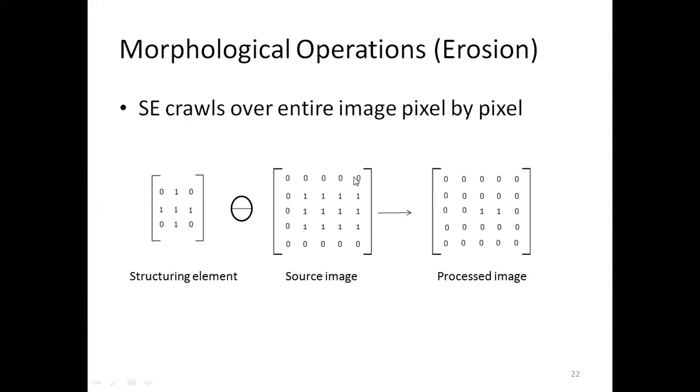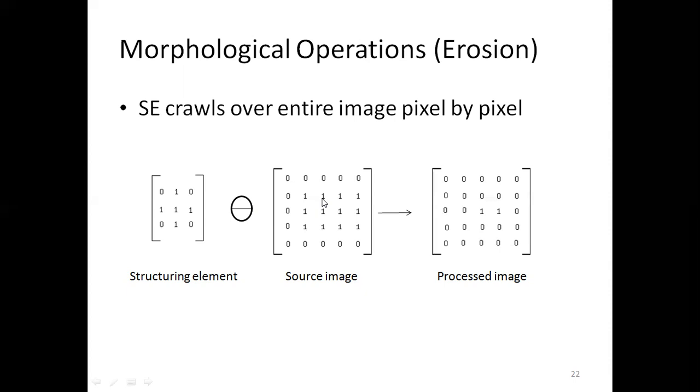So for this row, this will be the same because the top row of the kernel will not be present in this case. So when we reach here, the structuring element is placed over here, and then it checks if the structuring element has 4 neighbor pixels of value 1. But in our case here, the left neighbor has a value 0 and the top neighbor has value 0. But the bottom neighbor has value 1 and the right neighbor has value 1.